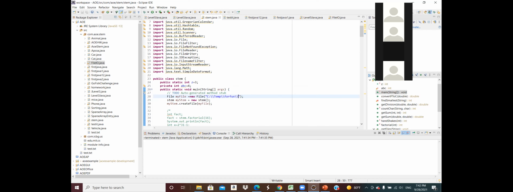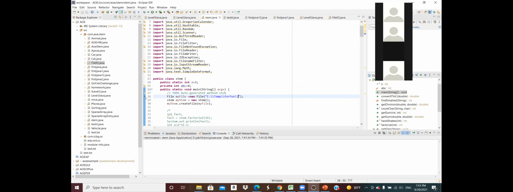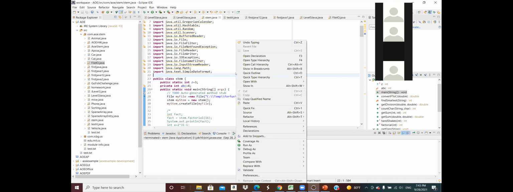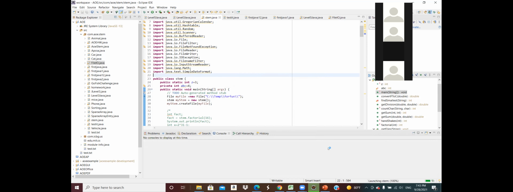So you see here, let's just run it, and I can teach you guys the skill. So let me just put a breakpoint here. How to do that? Right click on it. Okay, then you see toggle breakpoint. This will be the breakpoint. So now to run it, you right click in your code, and you see debug as Java application. You run it,